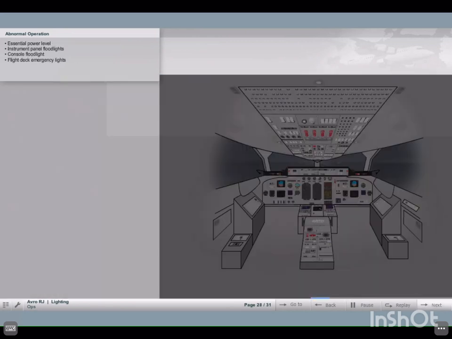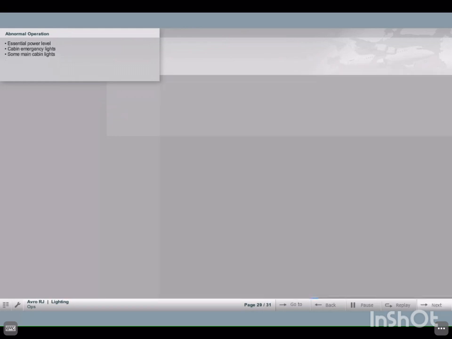Flight deck lights available at essential power level are instrument panel floodlights, console floodlight, and flight deck emergency lights. Cabin lights available